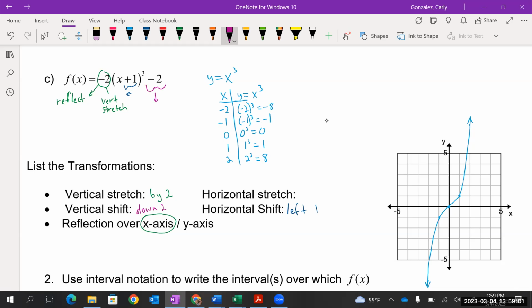And here we go. So this is a lot of information here. One strategy that works, especially if we don't have a horizontal stretch and a horizontal shift at the same time, is to take our y values and multiply them by the -2. If we do that, we'll deal with both the stretch and the reflection all at once. So if we now multiply all of our y values by -2,